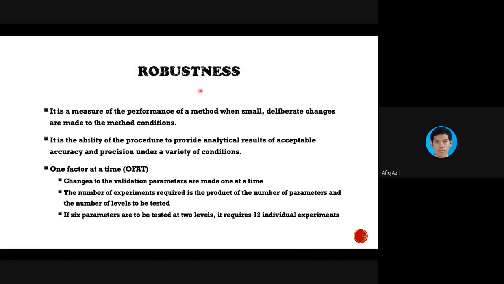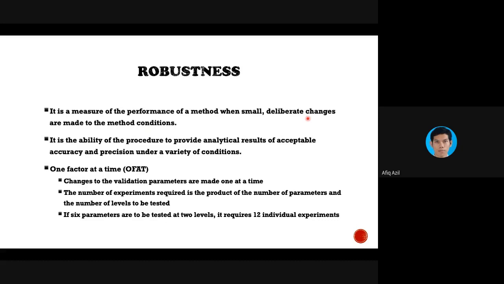Okay, the next one would be robustness. This is when you slightly make little changes. Here the keyword is deliberate. Let's say the method from HPLC just now requires the temperature of the column to be set at 40 degrees Celsius.